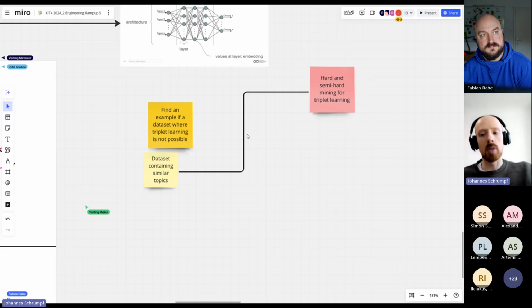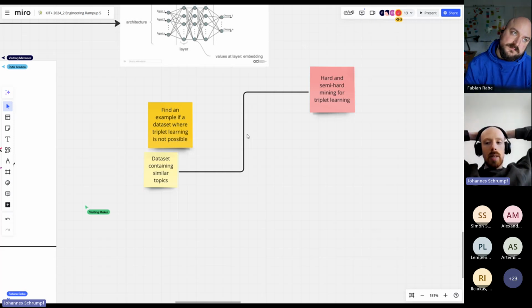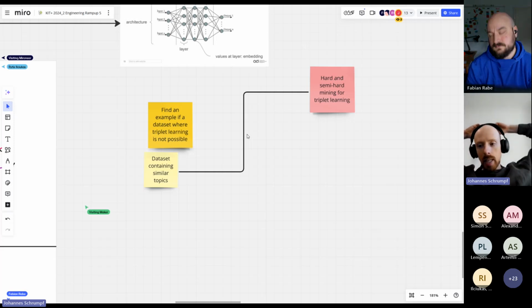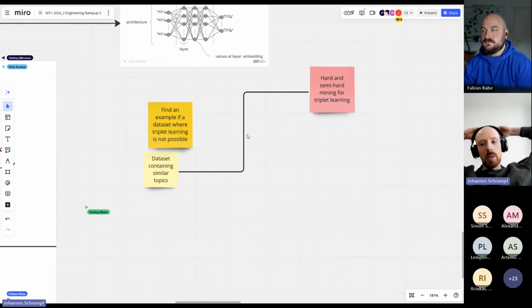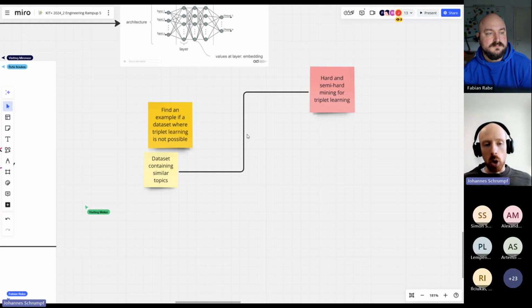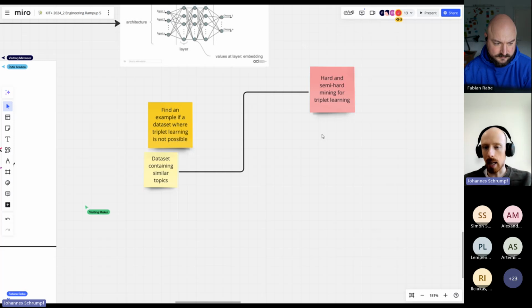The problem with this is, of course, that then your network does not necessarily learn how to distinguish between legal texts that much, but it learns to distinguish between legal texts and non-legal texts. And this is a very complicated problem to solve. And this is why I've already taken one of the cards from our discussion session later on and put it onto the board right now here. Within this domain of triplet learning, there's this concept of hard and semi-hard mining. And what this means is that you try to find